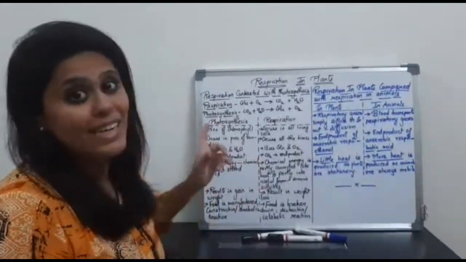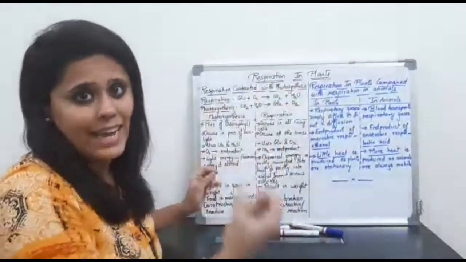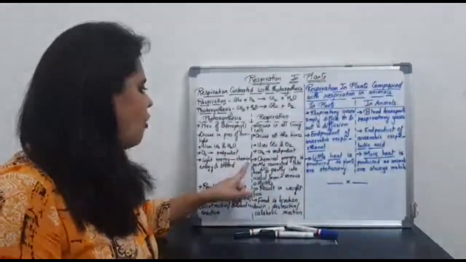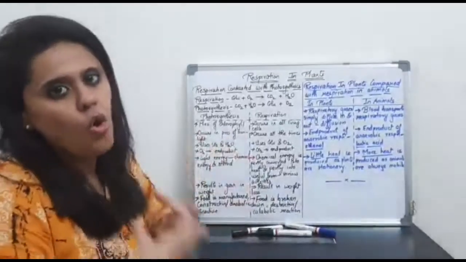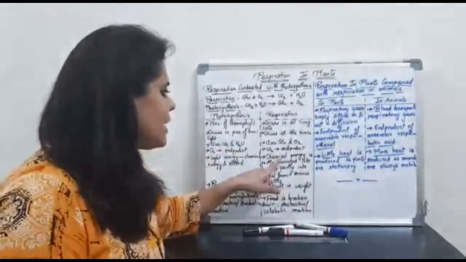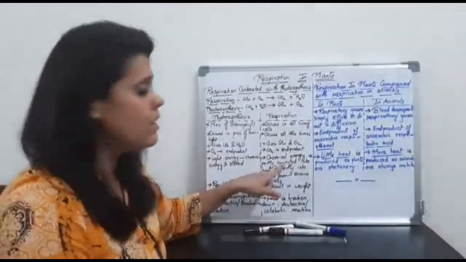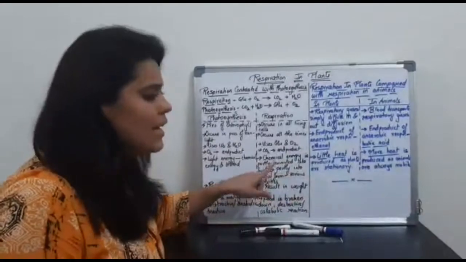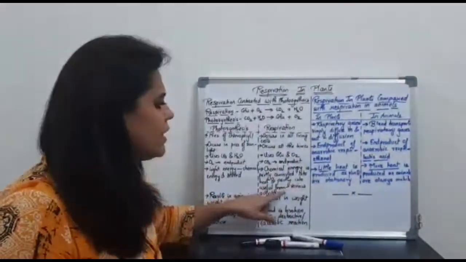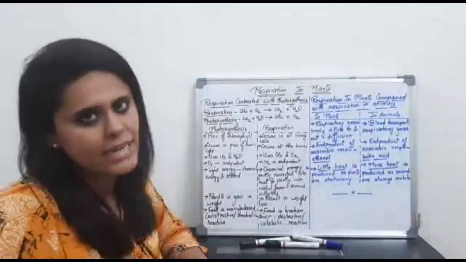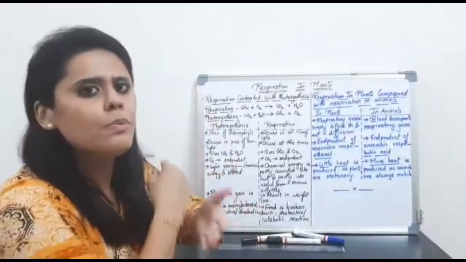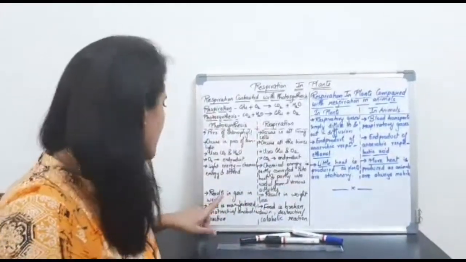Photosynthesis makes use of light energy, your sunlight energy, converts it into a chemical form, that is ATP, and stores that ATP so that it can perform various other functions. On the other hand, respiration है ऐसा नहीं. Chemical energy partly is converted into heat energy and some amount is converted into the useful form, that is ATP, as you all know, and that energy is further utilized by the plant body to perform various other functions.